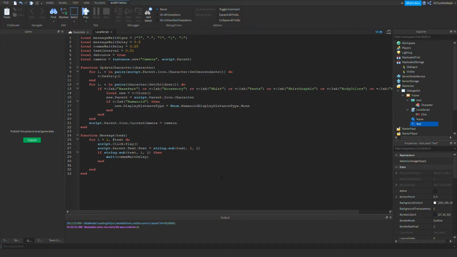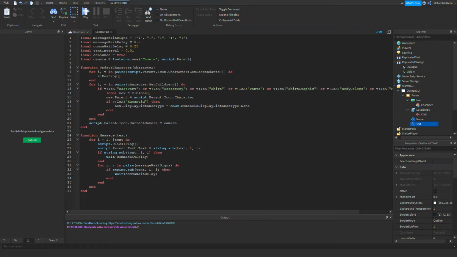Okay, now we do these message delay signs, which would take longer. So for i, v in pairs, message wait signs do. Now we don't do GetChildren or anything because this is already a table. So yeah. Okay, so we would pretty much clone this, I guess.